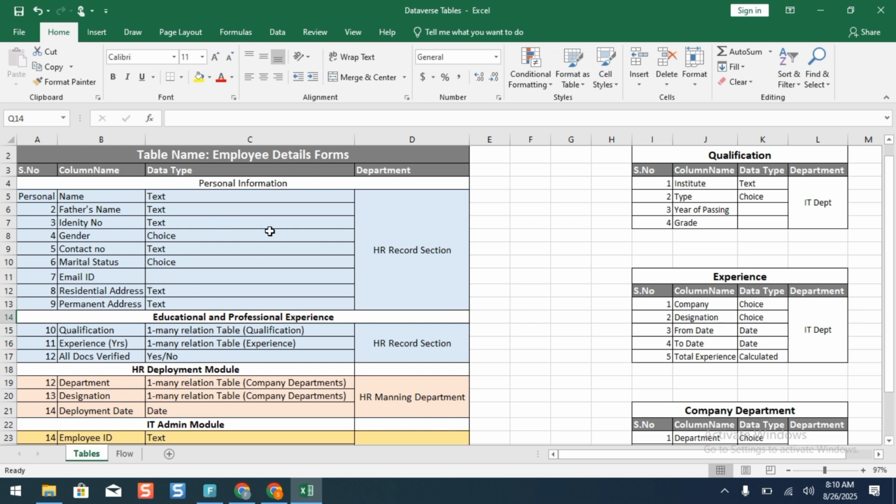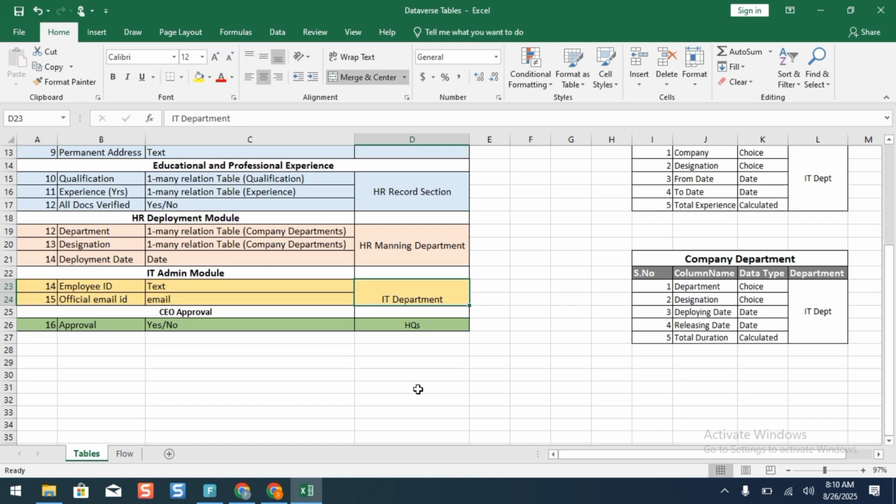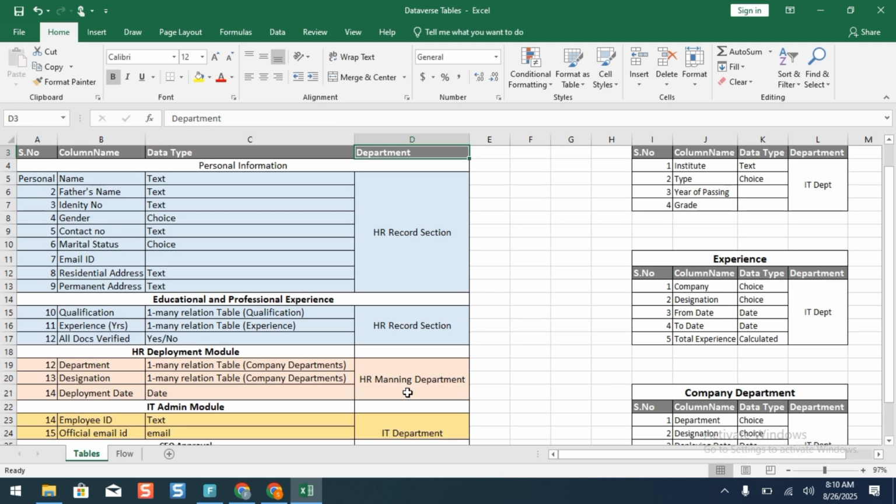This is my first table, that is employee detail forms. In this detail form I have 4 sections. The first section is HR record section, that is in light blue color. The second section is HR deployment, then IT department, and the last one is headquarters. So I am going to insert 4 tabs in